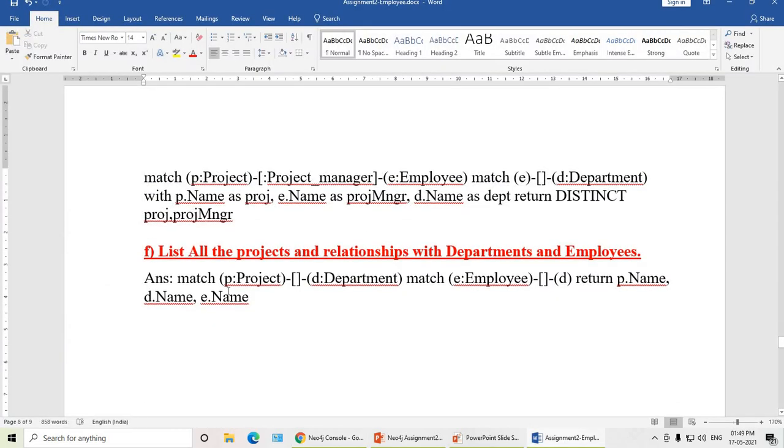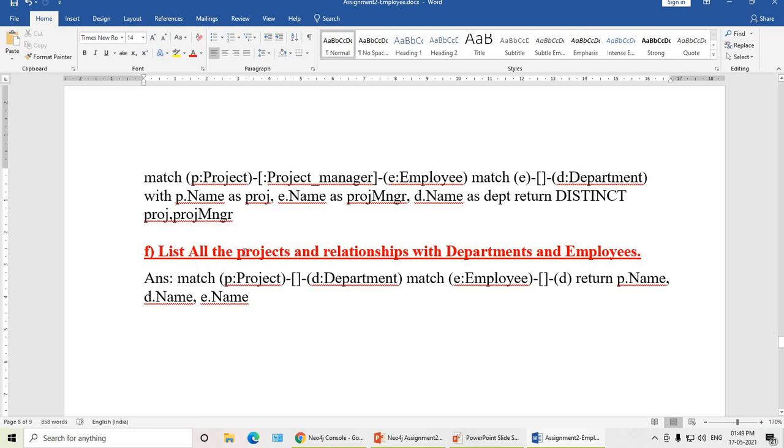The last query for today's video: list all the projects and their relationships with the departments and employees. So you want to take project and department, all the relationships, that is, the project is managed by the department, the department actually controls the project. Match employee works in the department.